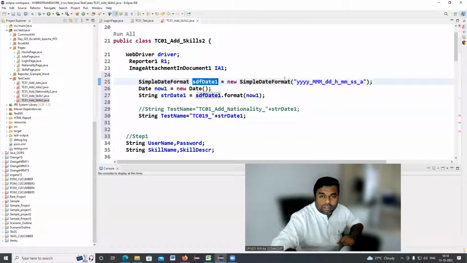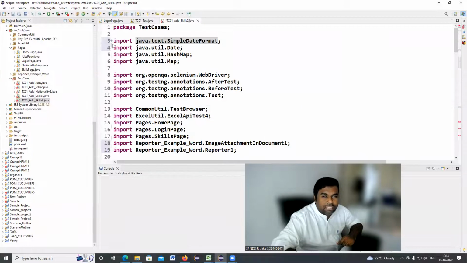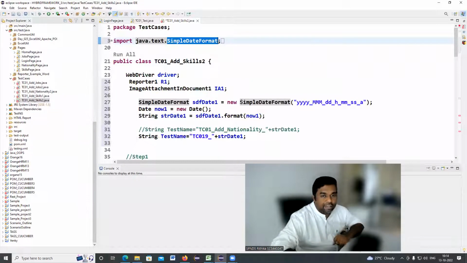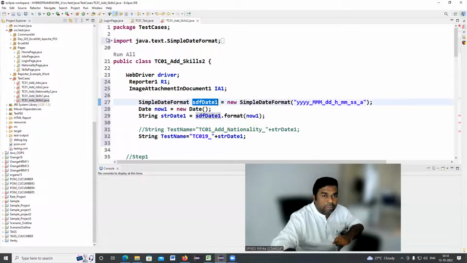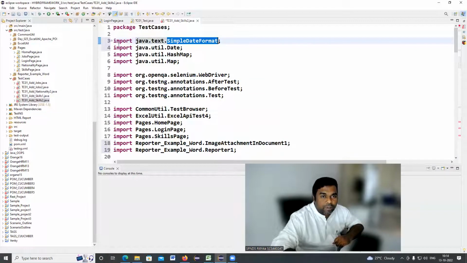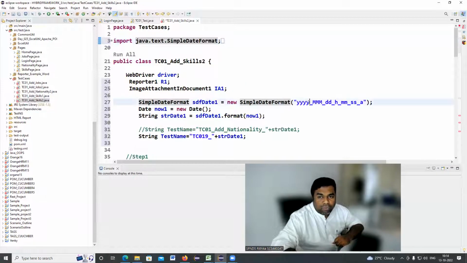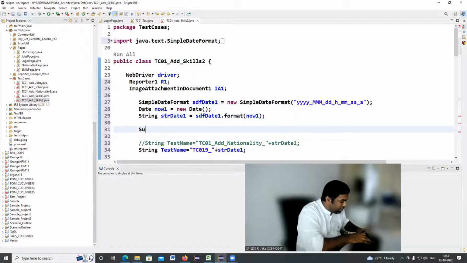So here I have created SimpleDateFormat. This is a predefined Java class, java.text.SimpleDateFormat. Why I have created it, I will tell. I'm creating an object for SimpleDateFormat, which is the predefined class of Java. And the date format, I want to take it like this. And if I print System.out.println of strDate1 here,